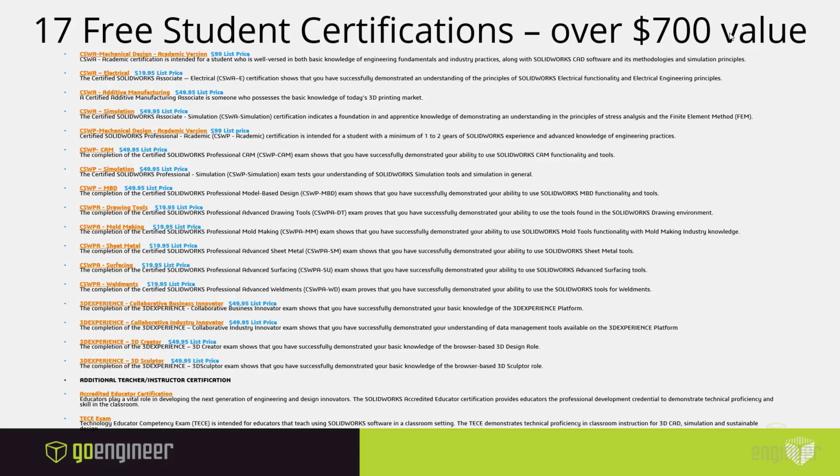This is an eye chart. I don't intend you to be able to read this. This is something so that when we send this out as a PDF or a PowerPoint, these are selectable hyperlinks to get you to these areas. So it really is just a big menu of the 17 free student certifications that are there. Again, they have a value, they have a list price, and it is something that does, again, have that value and it takes that weight with it. But I just wanted to put this up there as a quick idea of what a lot of these certification tests look like.